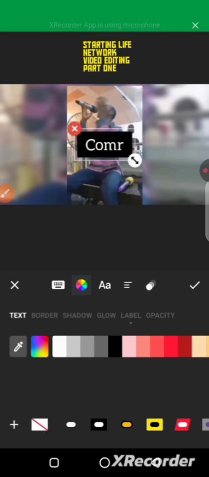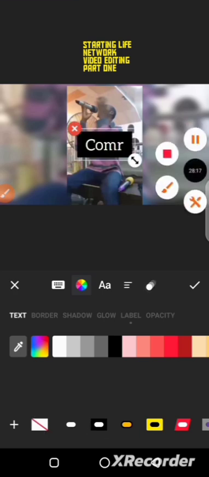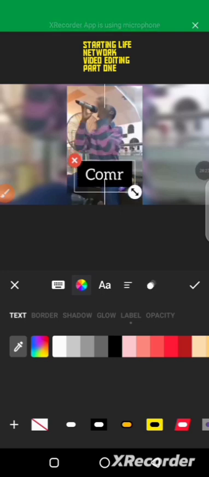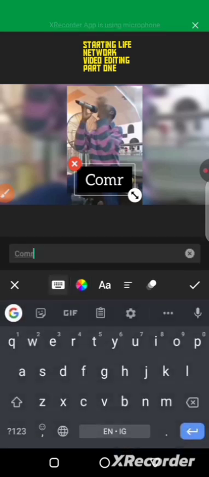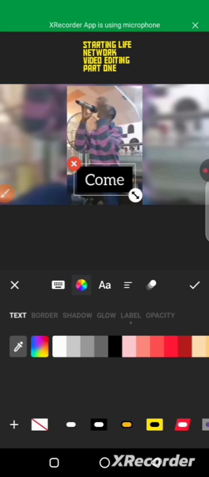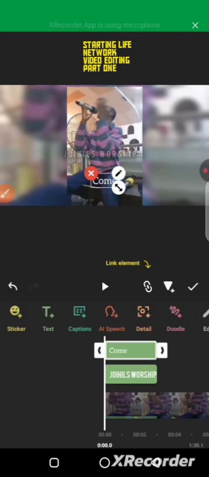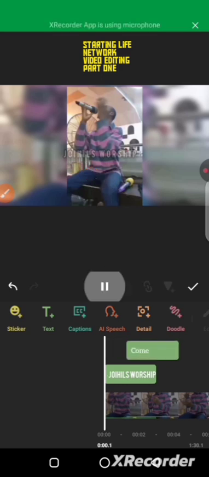By using this, but then of course I can edit my video, but I think I would prefer it to be like this. So let me change my text. I'm supposed to type come. That was an error. But this is going to be blocking something, so let me entirely remove the background so it comes like that. And I can also reduce the font even more, and if I decide to leave it like that, it's already there. If I play this video,